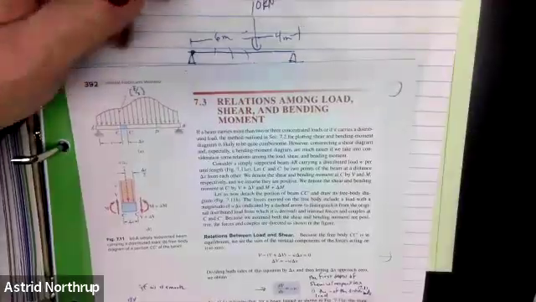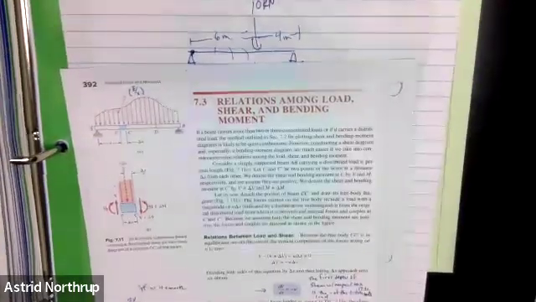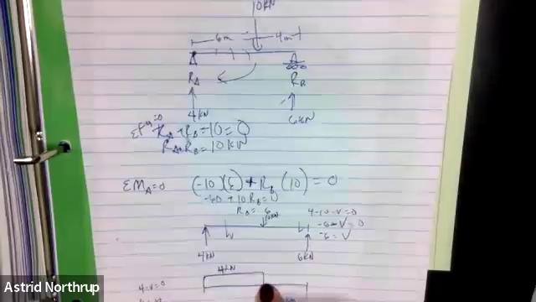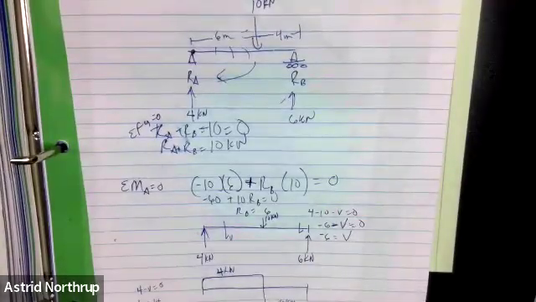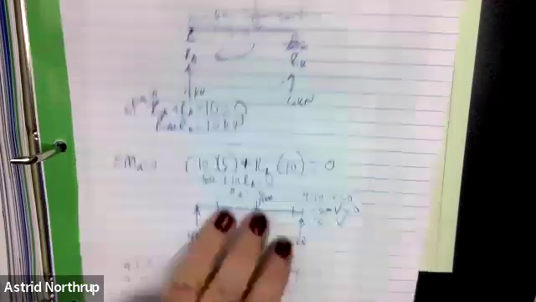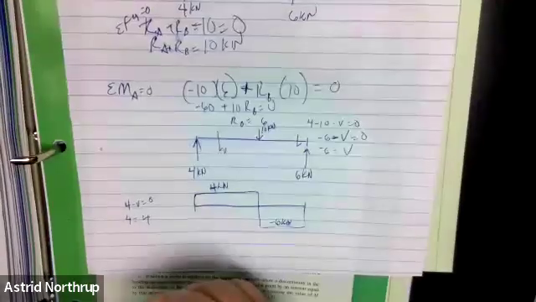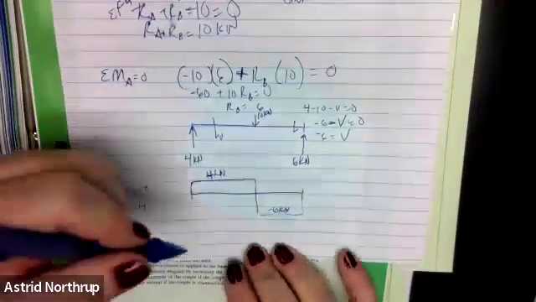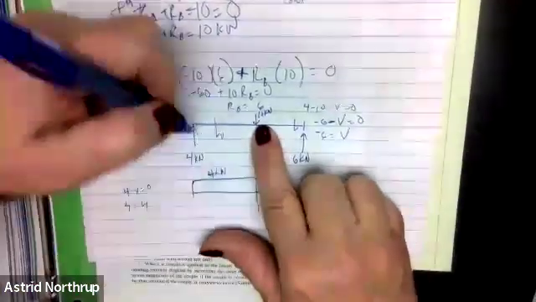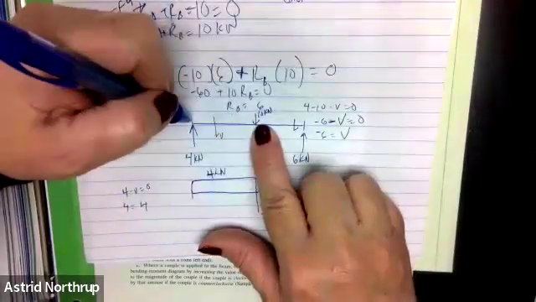So you have 4 minus 0 equals 4 is what it amounts to. And so then all the way across here, it just remains 4. So you can still do it, but it's a little more math than you need to do. And it's kind of the same with the moment diagram, because from here to here, the force, the